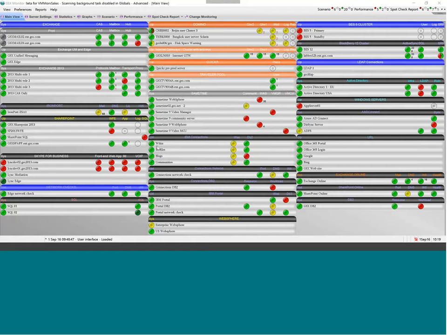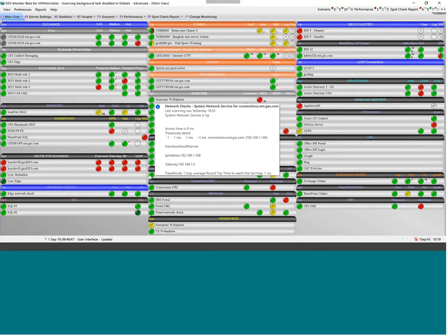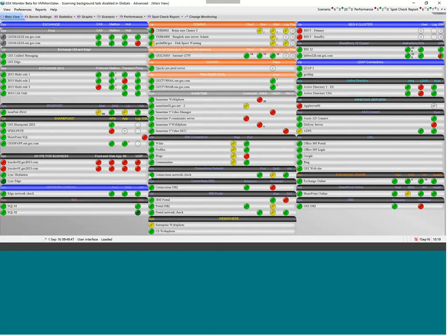What Jeff was talking about, the progression of the troubleshooting there, going from checking basic access to checking the network to DB2 information. We have that in here as well. So we have what's called a connections network check. This will actually go out and monitor different pieces of the network to make sure that the access is good there. Application could be running, heap size, memory thresholds could be within certain norms, but if the network to get from your users' end stations to the connection servers is poor, saturated, something like that, then the end user experience, what we're actually trying to monitor, is going to be having an issue. They're going to be reporting bad